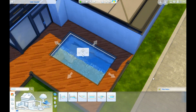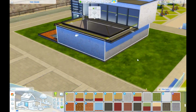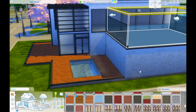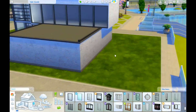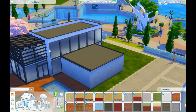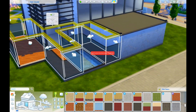So it was built from a reference photo, but everything beyond that, and definitely some elements of the exterior, just came out of my own brain, based on how I thought the lot was flowing at that time. Once again, I'm super excited with how it looks. I would totally, hands down, take my Sims here to eat,